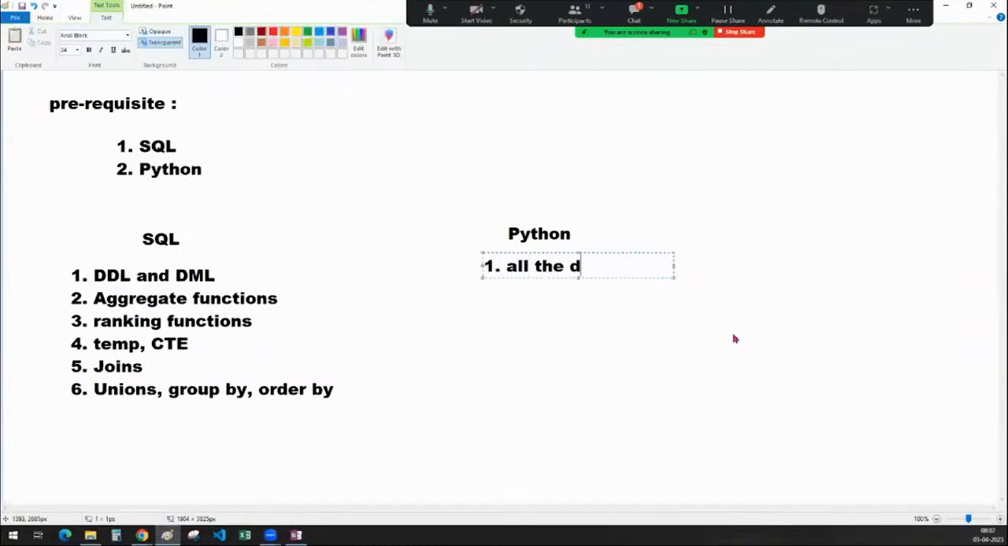All the data types and their differences. It's a very important thing, and it actually takes a lot of time to understand these data types. And then the very next thing is aggregate functions. How do you do it in the aggregate function? If you get time, look at map and reduce,